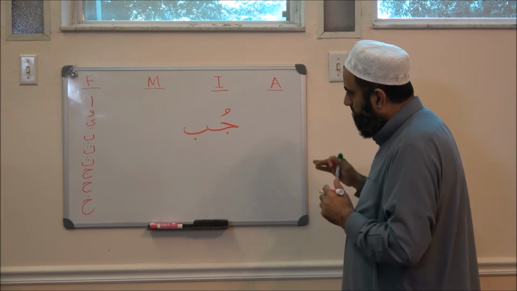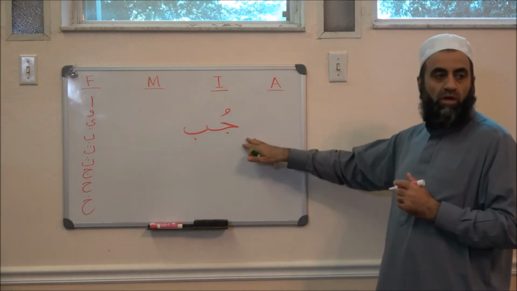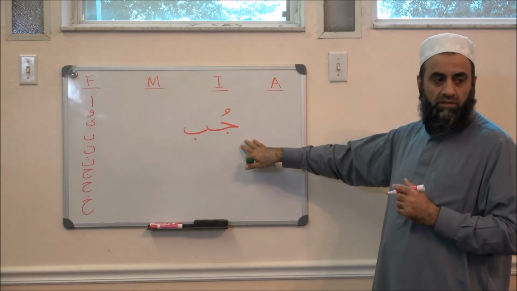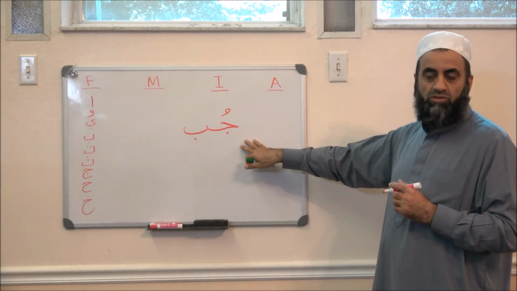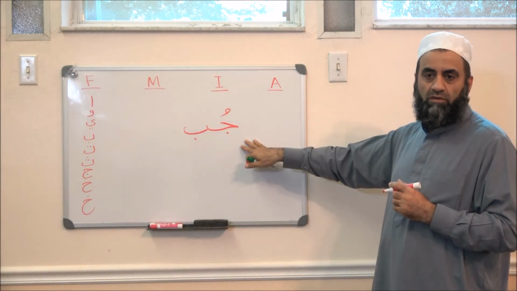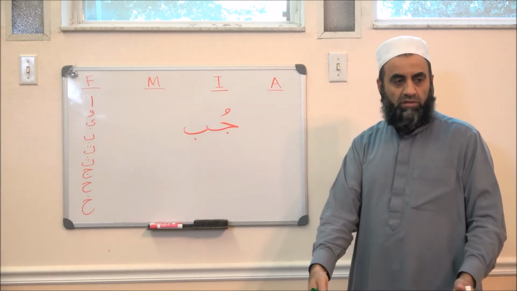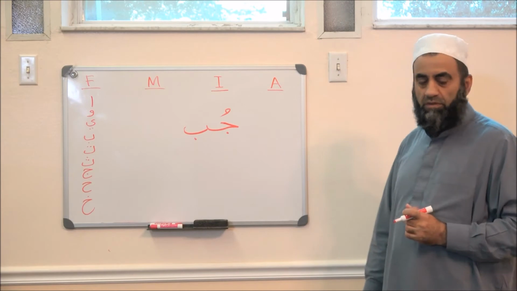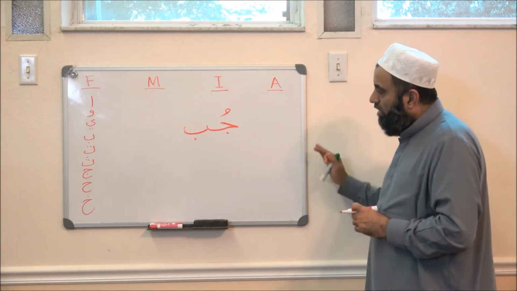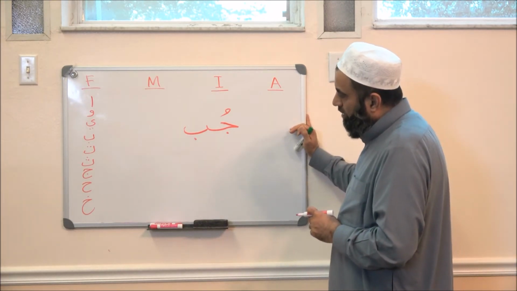What's the meaning of jub? Jub is a well. It was used in the Quran when the brothers of Yusuf threw him in that well of water. Allah called it Jub. Another word we might write from our bank is